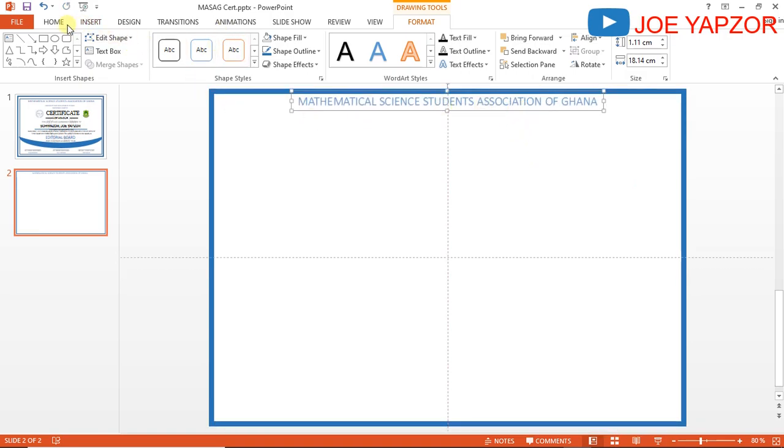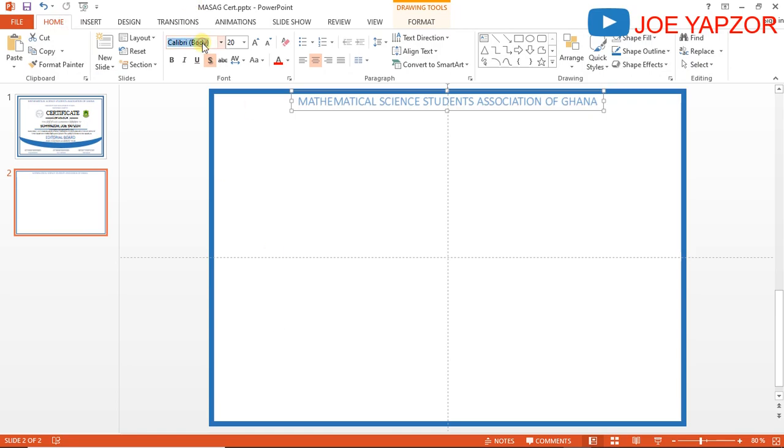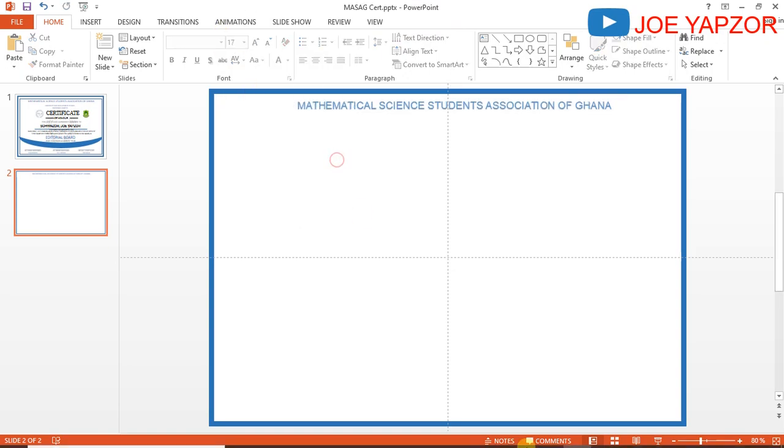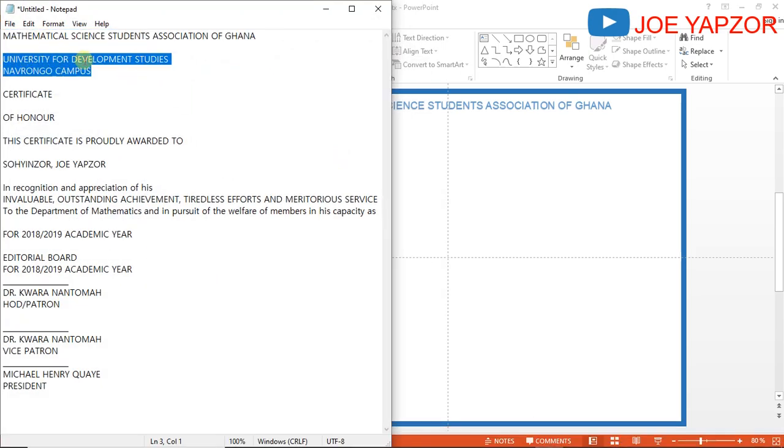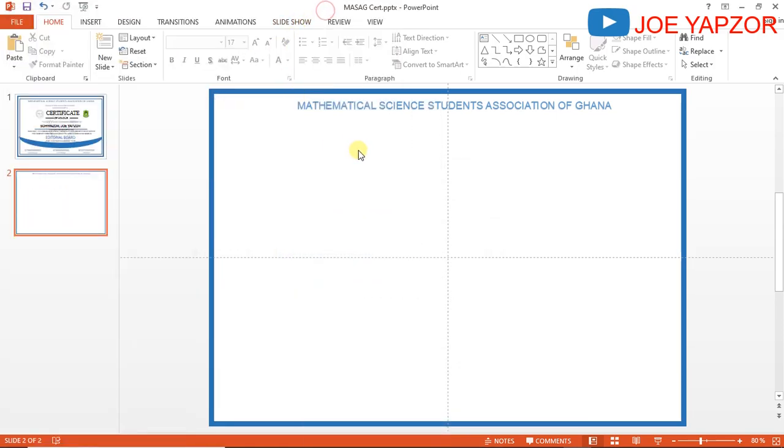So this, I'll change the font to Arial. Then I'll reduce the font size. I'll make it 17. Okay, this is okay. So I'll go back and pick the other one, University for Development Studies, UDS Navrolo Campus,